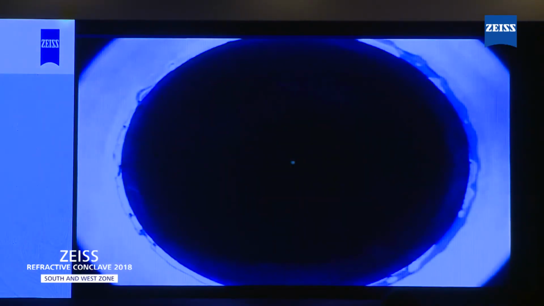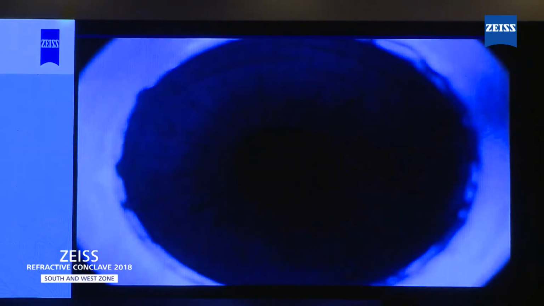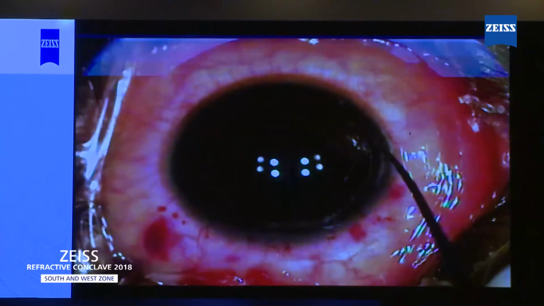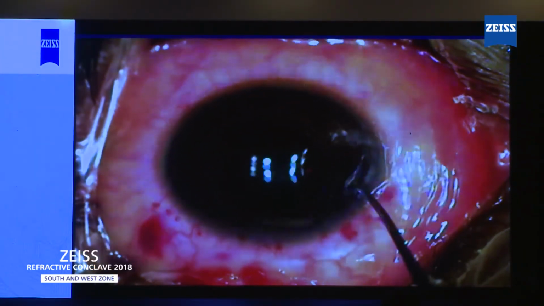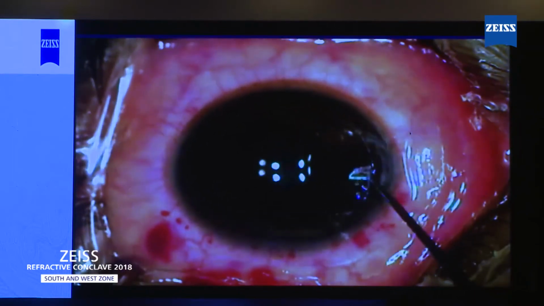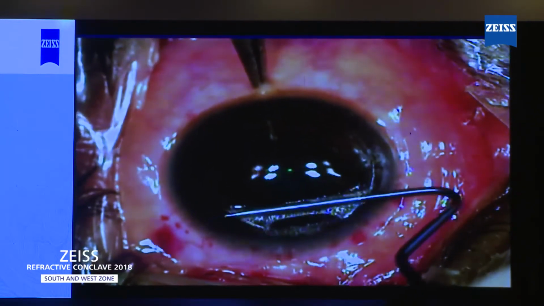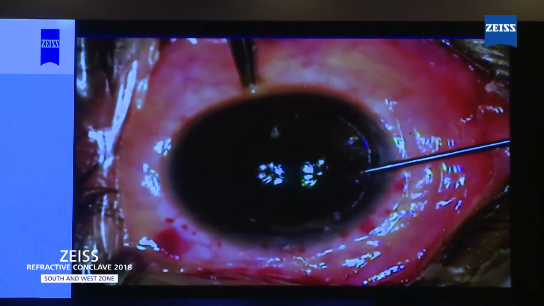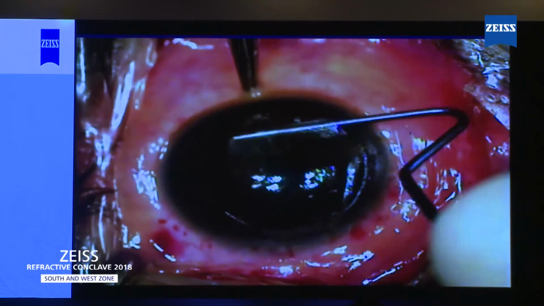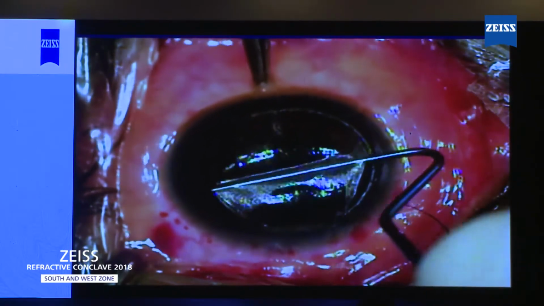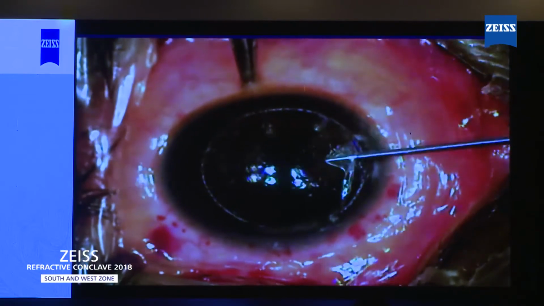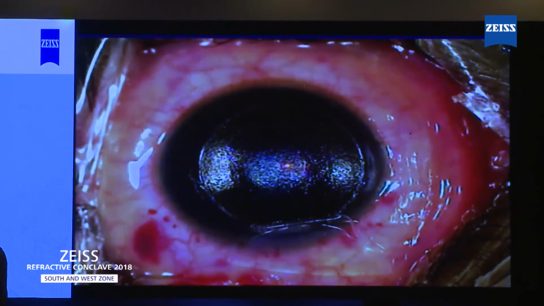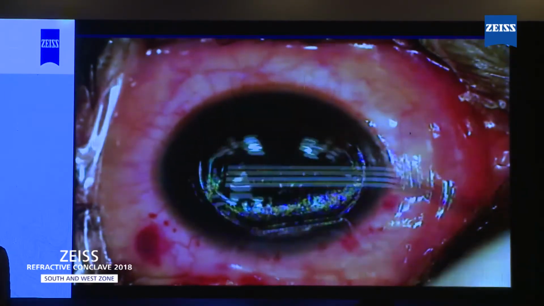So this is the formation of the side cut using the Circle software pattern A. We fed in a 90-degree vertical side cut at the same depth as the original flap. The remaining procedure is the same as a femtosecond LASIK. You delineate the side cut, and I prefer to do the dissection of the flap from the underlying stroma in 3 vertical movements. This was then followed by an excimer laser of the underlying stroma. This patient again did well with a well-centered flap on the first post-operative day and an unaided distance vision of 20/16.